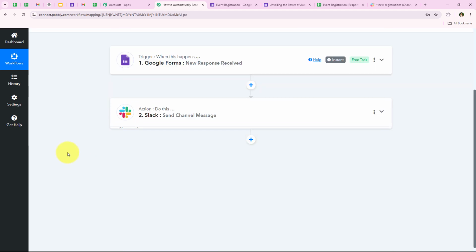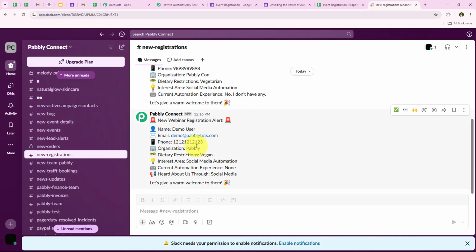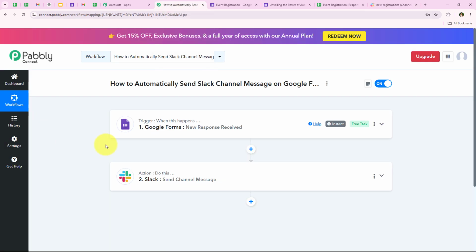I don't wish to add, so directly I clicked on save and send test request. So now I'm going to open my Slack and look for the message. And as soon as we open our Slack, yes, you can see over here is the message, new webinar registration alert. You can see the same details which we mapped in our workflow. So yes, with this we have successfully completed our workflow, but I'll just test this workflow once, and this time